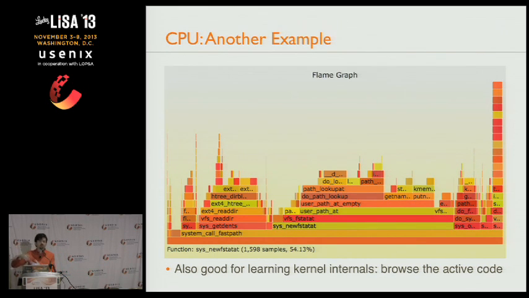It's also good for learning kernel internals, because as you browse these stack traces, you figure out what code parts in the kernel are active, who's calling who, hierarchies, relationships, the forks, all the stuff I mentioned earlier. So flame graphs would actually be very suitable for an operating systems class at university. You can show students, this is actually what the kernel's doing. We know the kernel is 10 billion lines of code or whatever, but this is the stuff that's going on, and this is who calls who, and so on.